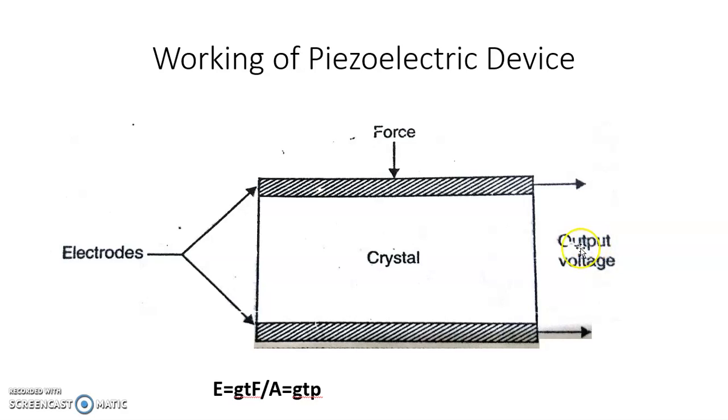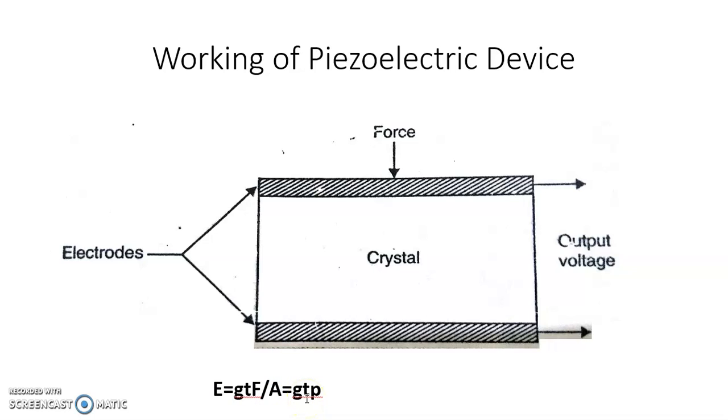In this case, as more force is applied, there will be more voltage. So such transducers can be used to measure force or pressure in terms of the increase in the output voltage. The voltage developed across its surface is given by the equation E = G T F / A, or else